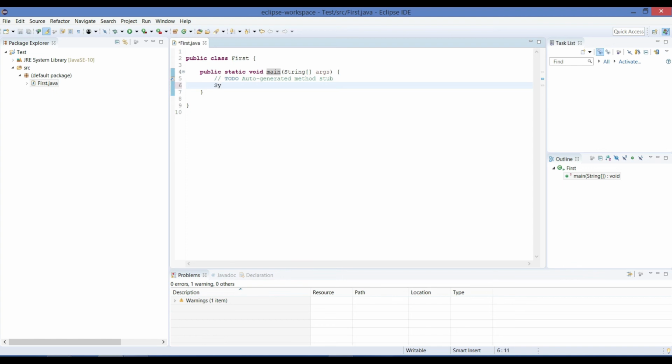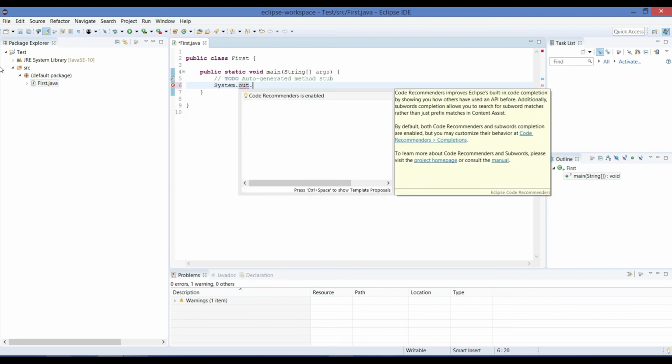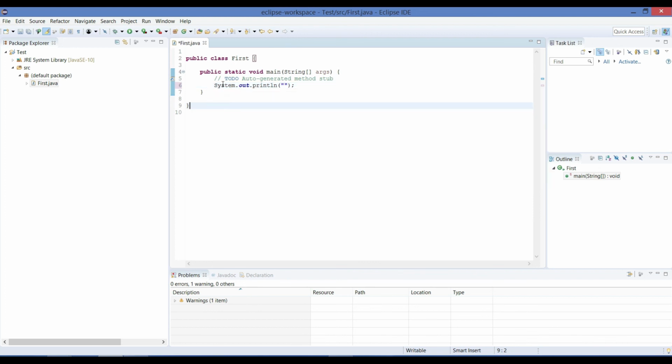I will write here System.out.println. It is a basic print statement. For now don't worry about the keyword System or the word out.